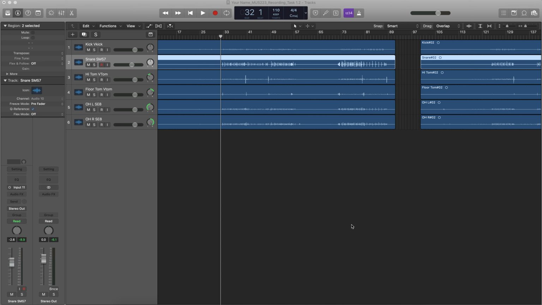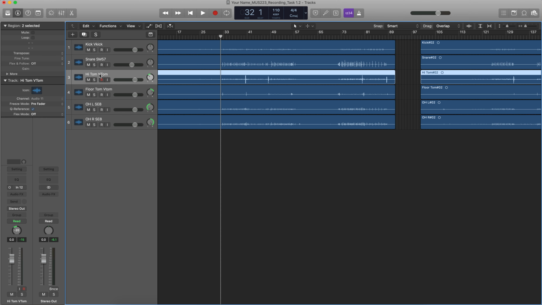Okay, so to give you a quick example of this and show you how it works, I've got a session here in Logic with some drums on it. In the drum recordings, there's quite a lot of unwanted noise, in particular on this tom. So let's have a quick listen to the tom drum and see what it sounds like. You'll be able to hear all the unwanted signal and noise in the form of snare drum, cymbals, a bit of kick in there here and there, and then you'll hear the actual high tom that we want to isolate just here. So this will clean up our overall recording, make it sound a bit more crisp, a bit more professional,